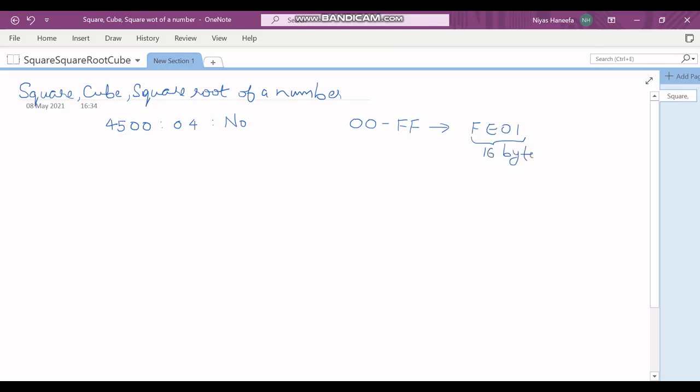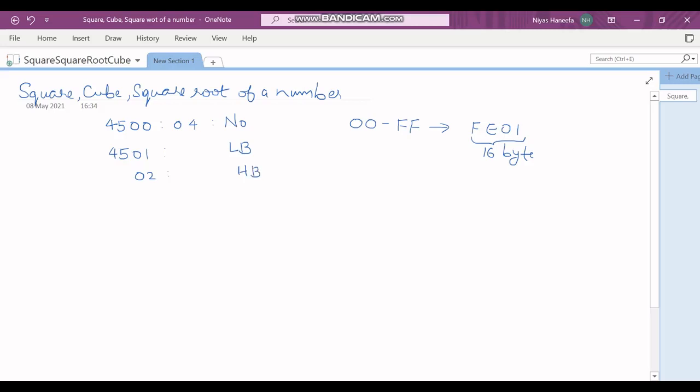Which you could achieve directly by using the command mul-ab. So if you directly use the command mul-ab for square, A and B will be having the same number, and you will get the result. In the case of cube also there is a problem, but I just deviated from the topic. So let us assume the output is going to be 16 bits. That means you need to save two locations for the output. So this is the lower byte, then in 4502, this is the higher byte.